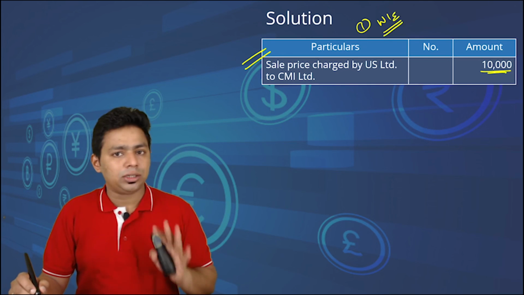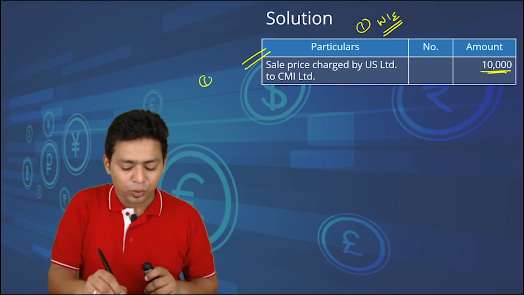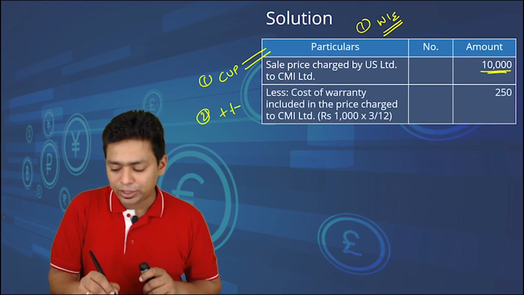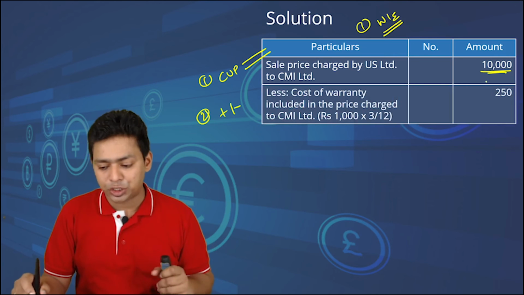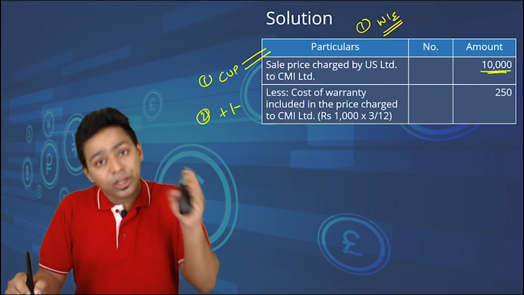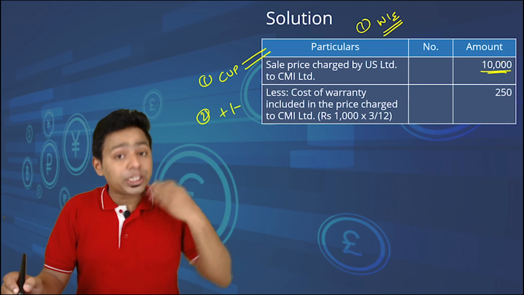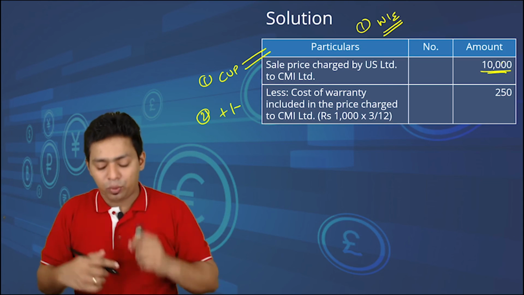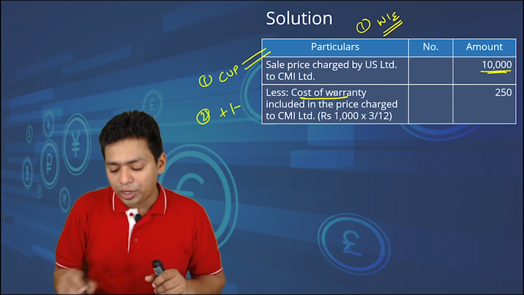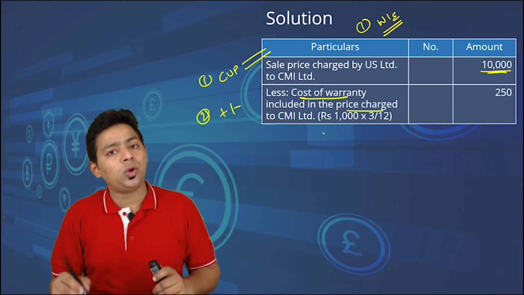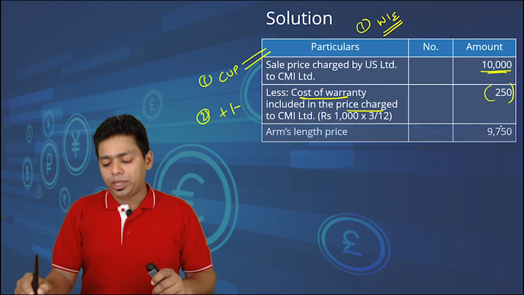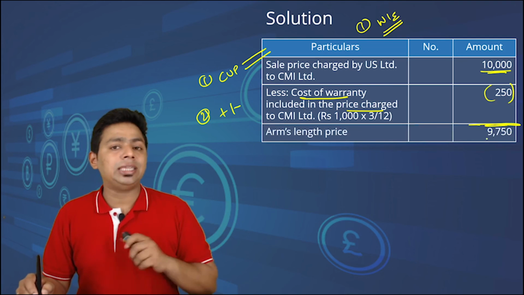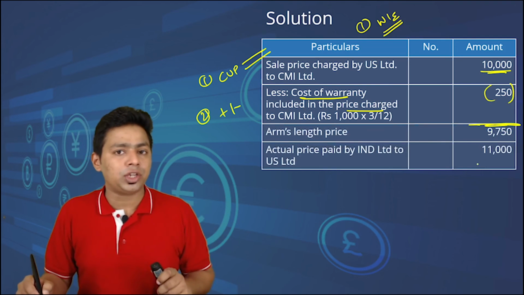Obviously, the base price is 10,000. I have told you, the first step is to take the comparable uncontrolled price method. The second step is to do a plus or minus adjustment. Obviously here we have to do a minus adjustment, because this 10,000 is inclusive of warranty. We have to make it exclusive of warranty. If I exclude the warranty, my price will go down. So the cost of warranty included in the price charged is 1000 into 3 by 12. So that will be 250. So the fair price, the arm's length price after the adjustment, is 9750,